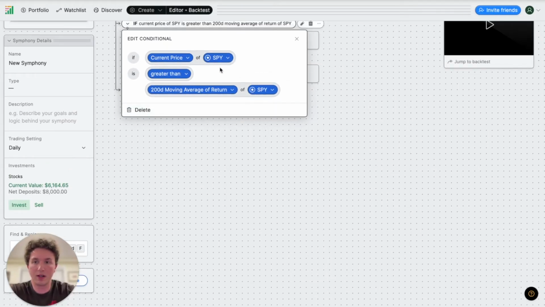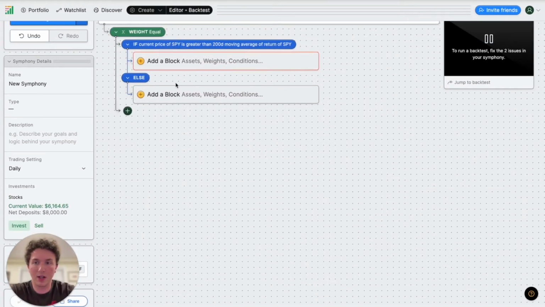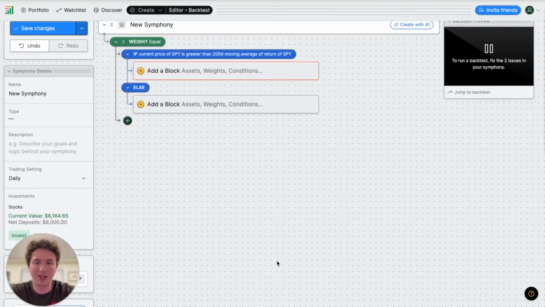So if the current price is greater than the 200-day, it'll have this logic, otherwise that's going to be our bear logic over there. But this is not the only way to make a strategy. You can have any outer if statements that you want, or any logic.